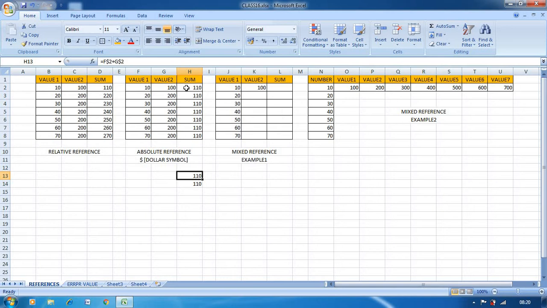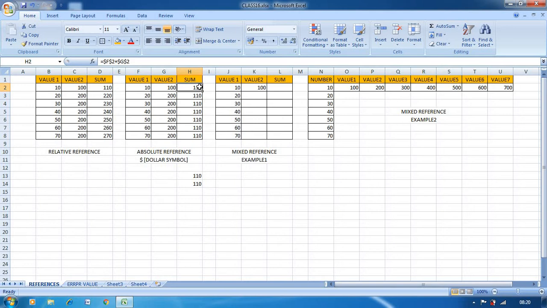And if I drag the right side, on that time what you have to do is fix the column name. This is about the absolute reference. Very simple. In relative reference, we won't use the dollar symbol, just we will write it this way, like B2 plus C2. And here, instead of B2 plus C2, what you have to do is $B $2 plus $C $2.